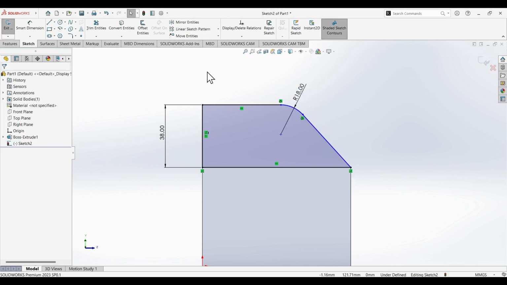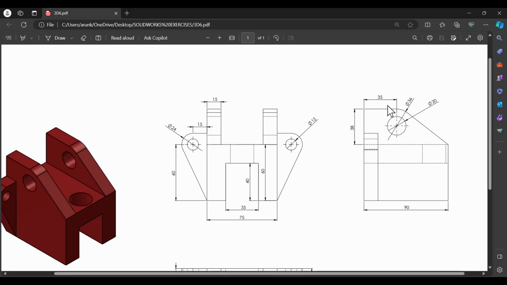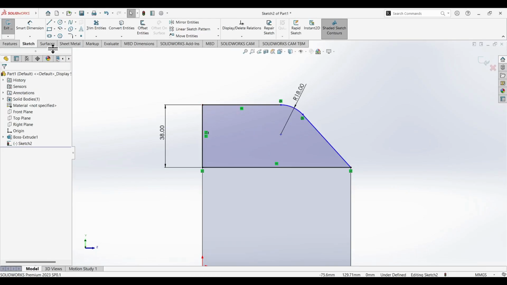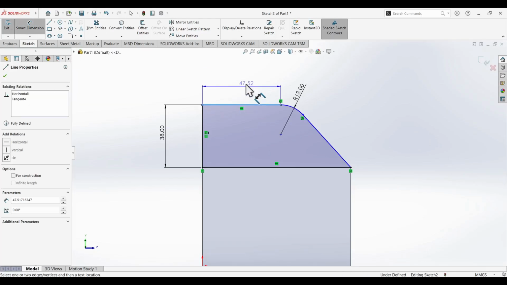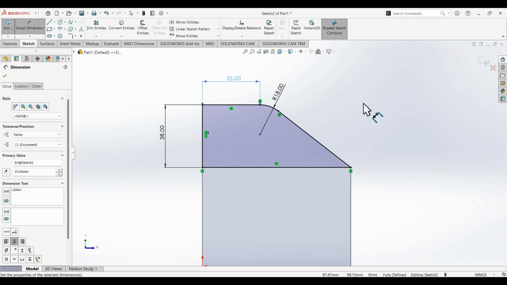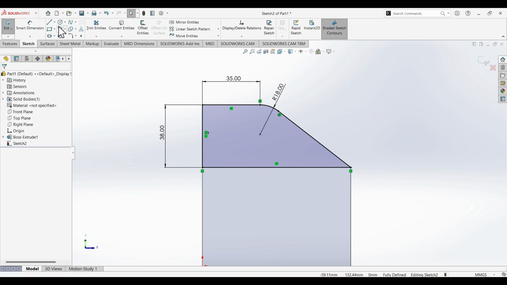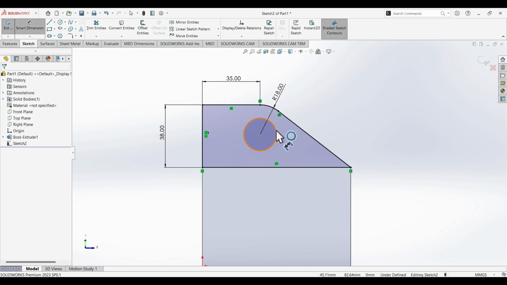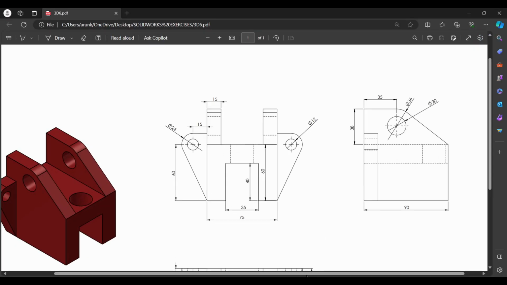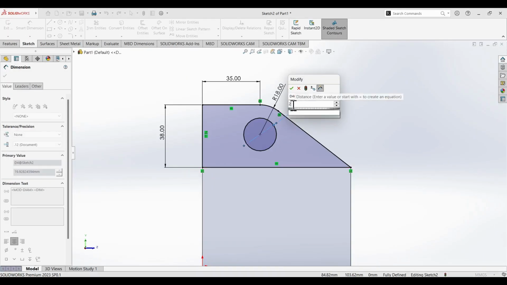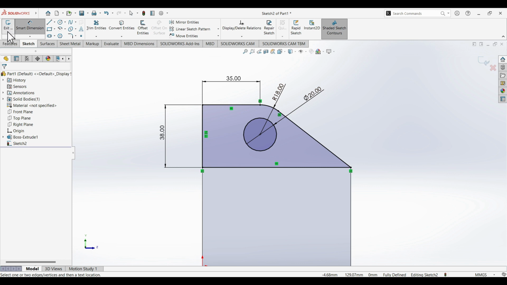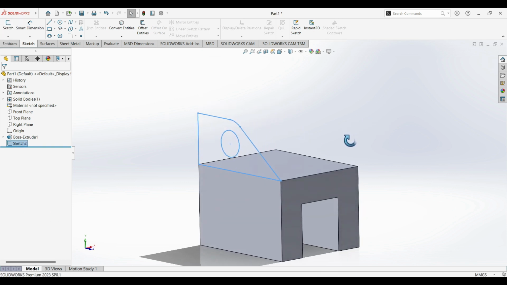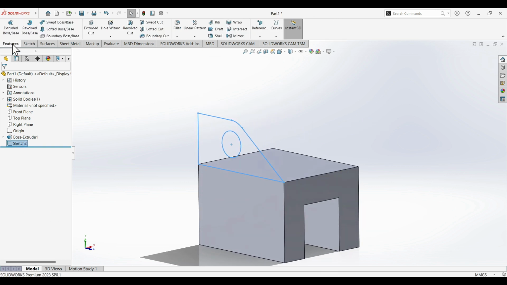After that, what is the length of this line? So as I can see here, it is given 35. So let's just apply that dimension as well. So simply apply it 35. Once it is applied, here I can directly create a circle of diameter given. The diametrical value is given 20. So you can directly provide it here. And after that, we can exit from the sketch and we can go to feature tab again to apply extruded